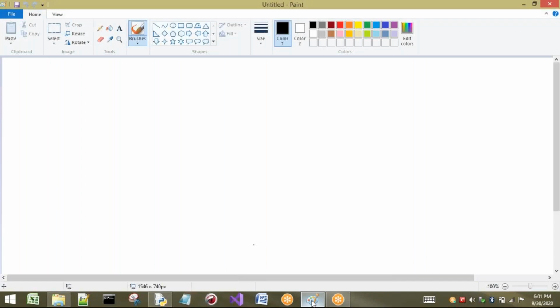Now we are going to see the membership operators related to our lists. What are membership operators? Membership operators are in and not in. There are two membership operators, one is in and another one is not in.